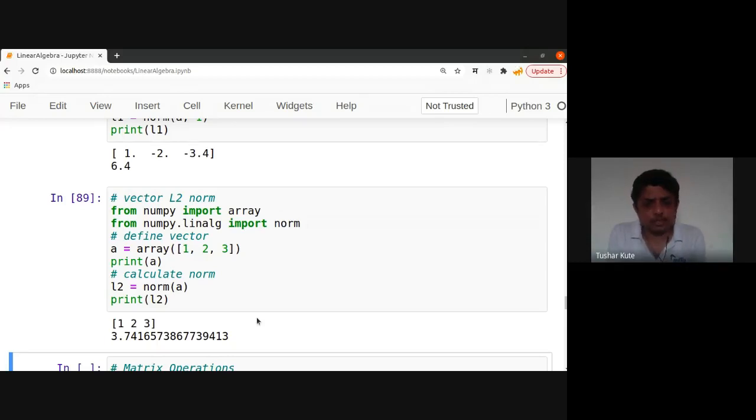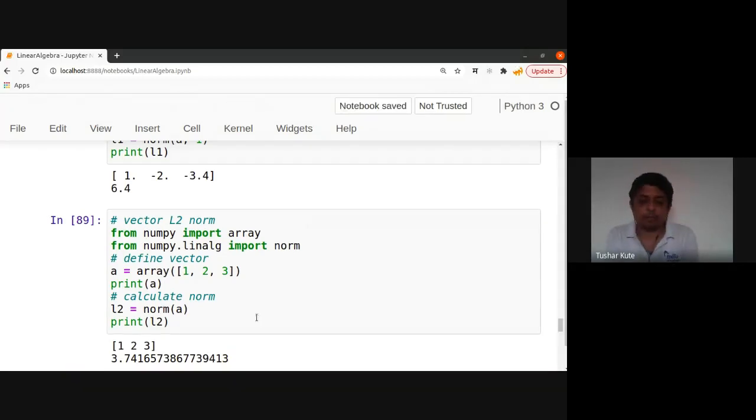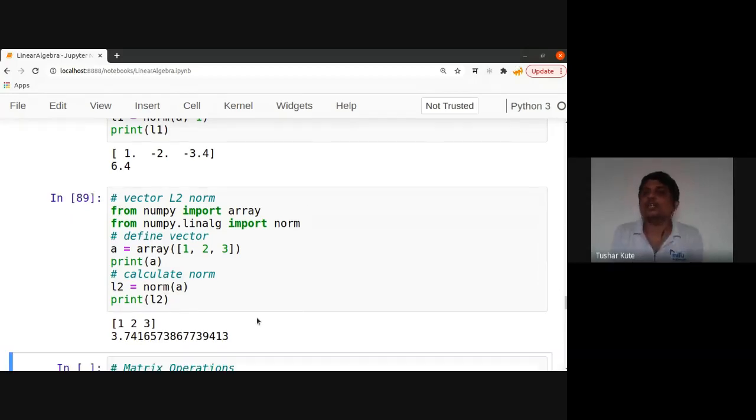Fine, is it the root of 14? Yeah, correct. 3.74. Correct. So it is the square root of it. This is the Euclidean norm. It's calculated by this particular method. So the common operations that we do, and exactly in summary fashion also, these results are generated here. This is what we call the vector operations.